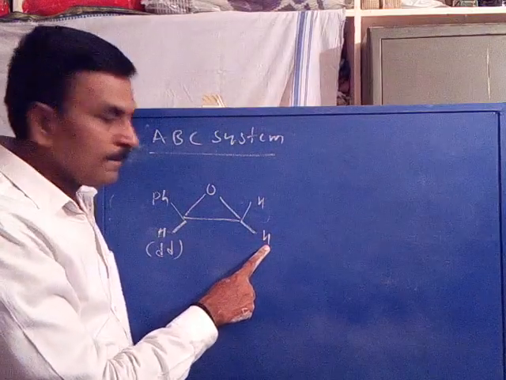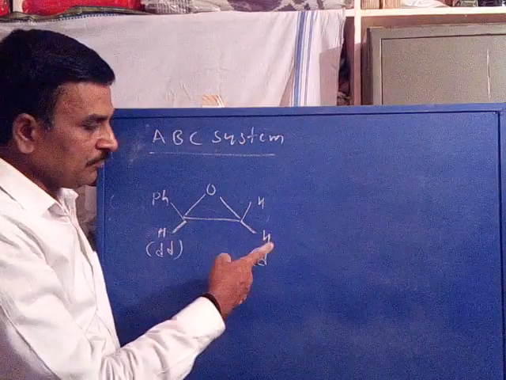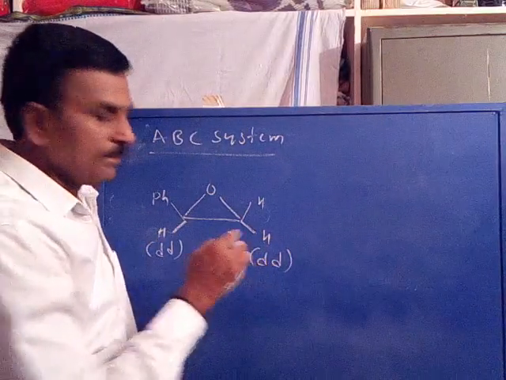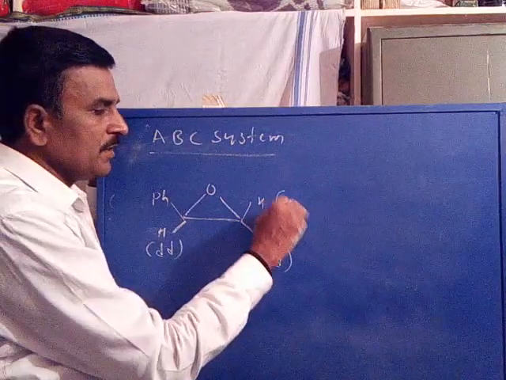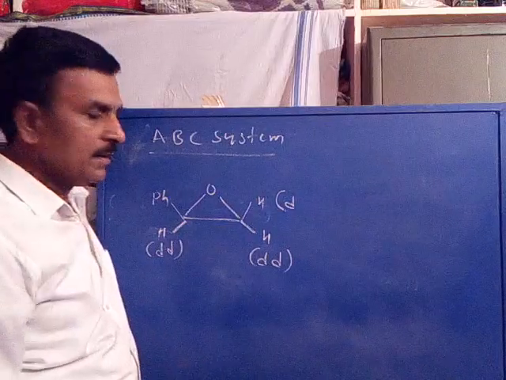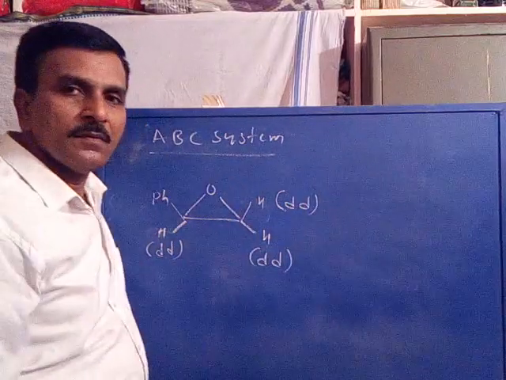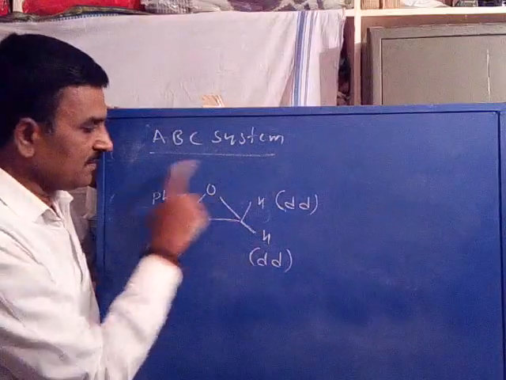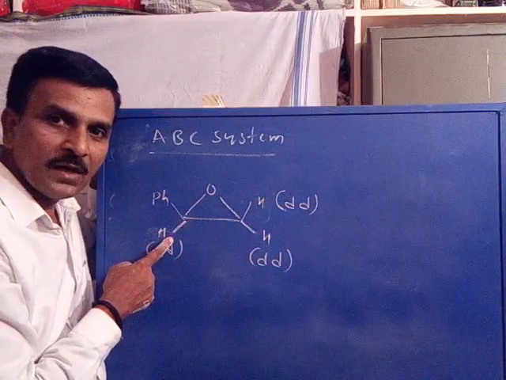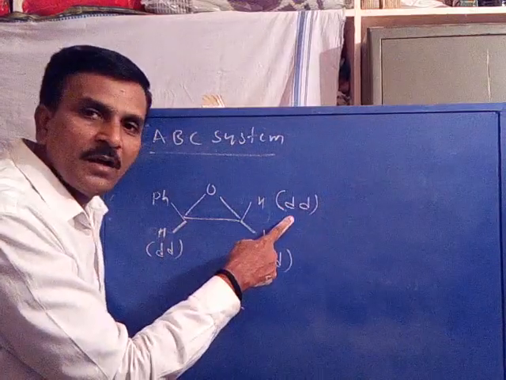Similarly, this proton coupled with this proton appears as a doublet. This proton also coupled with this proton, again it appears as a double doublet. In the same way, this proton coupled with this proton, doublet. This proton coupled with this proton, again doublet. So this is the multiplicity. This is the molecule with 1, 2, 3 non-equivalent protons of multiplicity double doublet and double doublet.